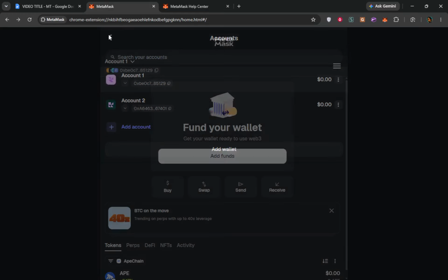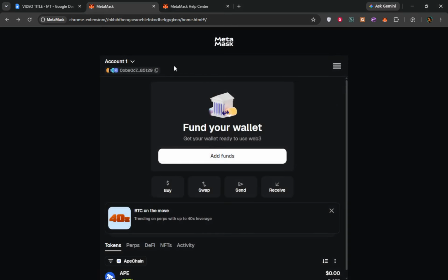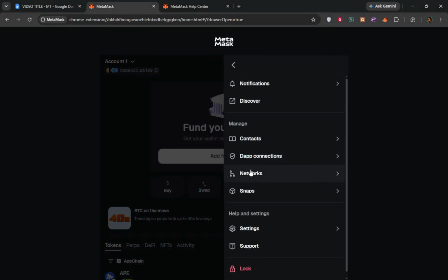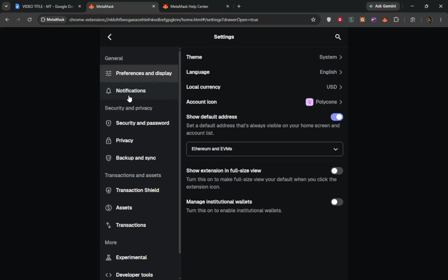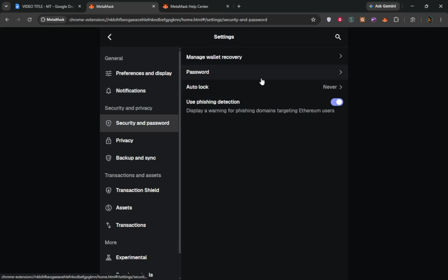This ensures that your assets are secure and that you are using the most updated security features available. Now, let's dive into the first option, which is to create a new wallet and generate a new seed phrase. Before doing anything, make sure you back up your current phrase. This is critical because if you lose it, any funds in that wallet will be lost forever. Take a moment to write down your secret recovery phrase and store it in a safe place. You can consider using a password manager or a secure paper copy. This step is essential for your peace of mind and protects your funds.